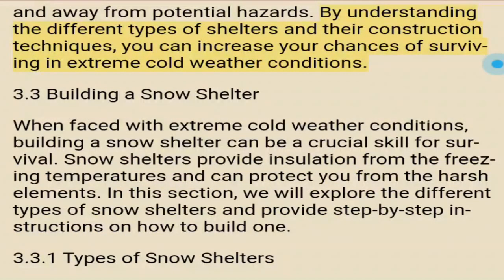By understanding the different types of shelters and their construction techniques, you can increase your chances of surviving in extreme cold weather conditions. 3.3 Building a snow shelter. When faced with extreme cold weather conditions, building a snow shelter can be a crucial skill for survival. Snow shelters provide insulation from the freezing temperatures and can protect you from the harsh elements. In this section, we will explore the different types of snow shelters and provide step-by-step instructions on how to build